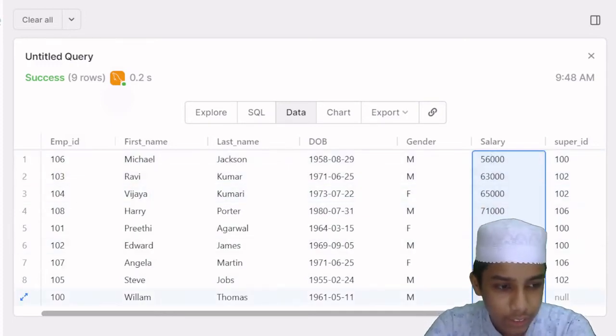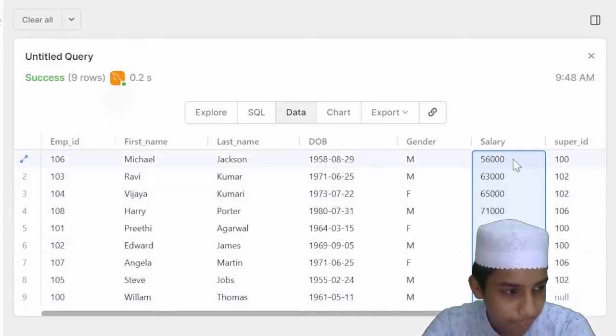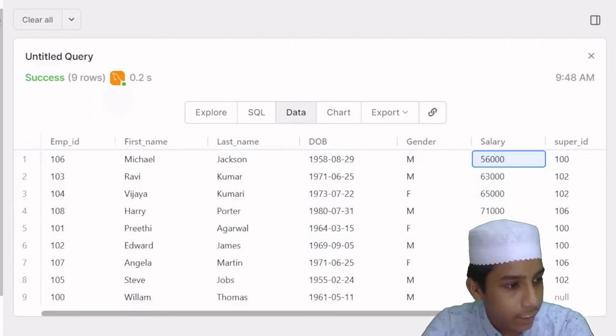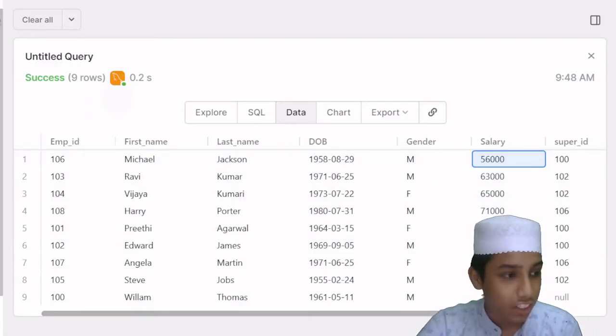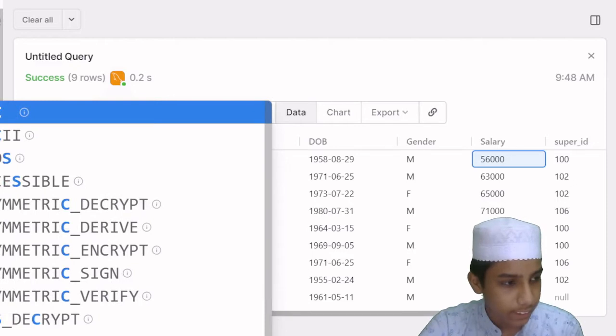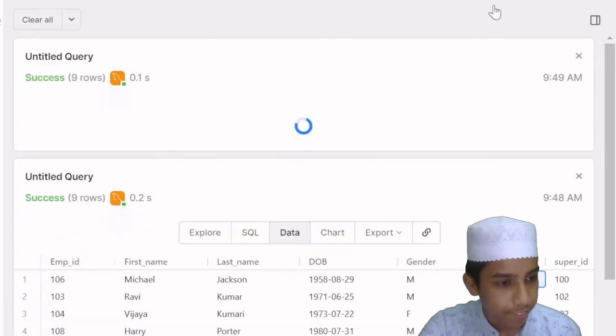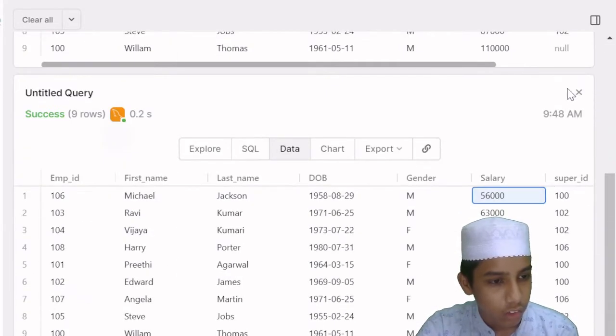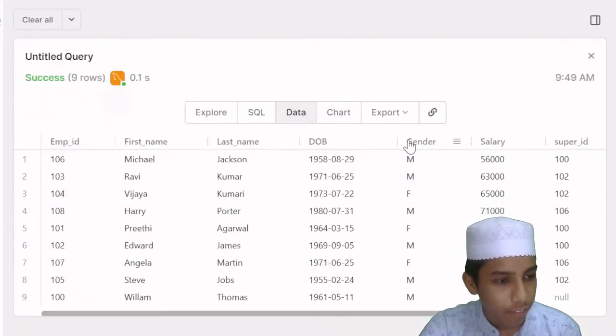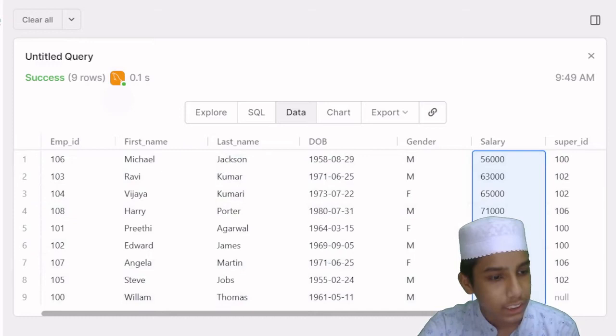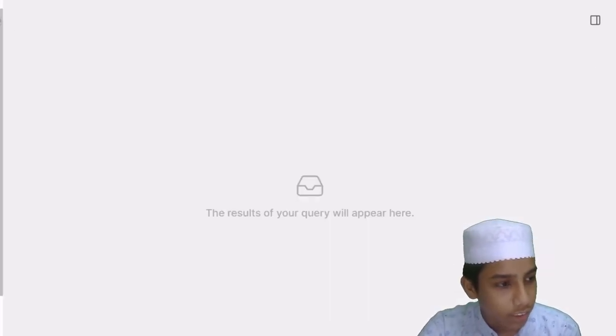So the salary is coming from the lowest number, and I want to give them in the ascending order, right? So ASC, which in SQL means ascending order. So we have this one. Now it's coming in the same way, and now I am going to clear all of the things,